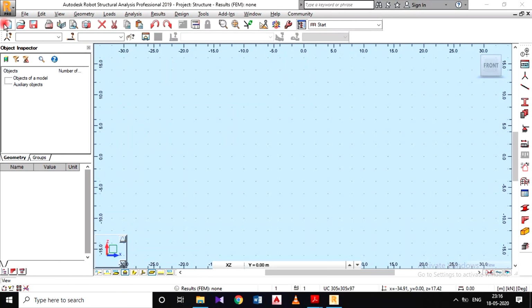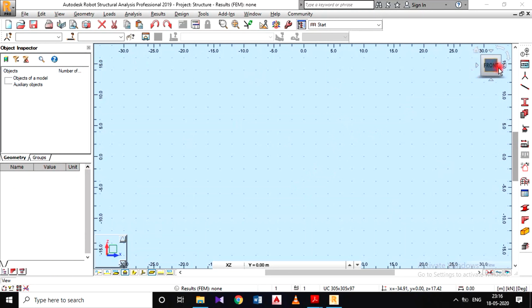This one we call the standard toolbar, and this we call the layout system. Here and here we have shortcut keys for the same file menu, geometry menu, and load menu. This area we call the graphic viewer or editor. This one is the object inspector.